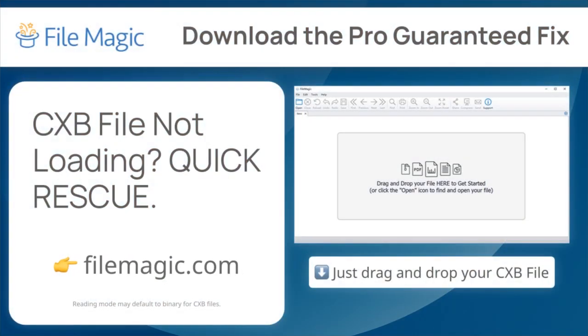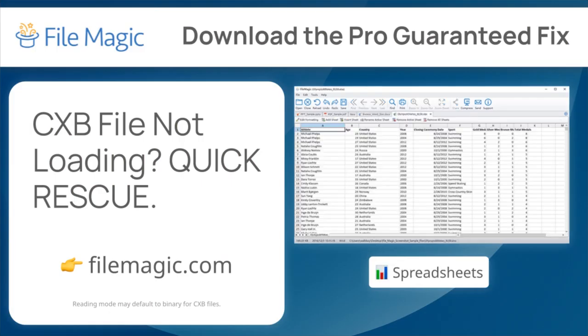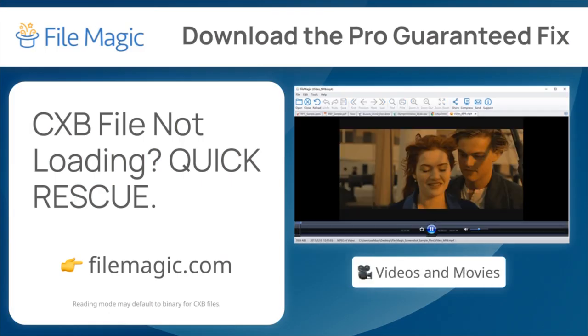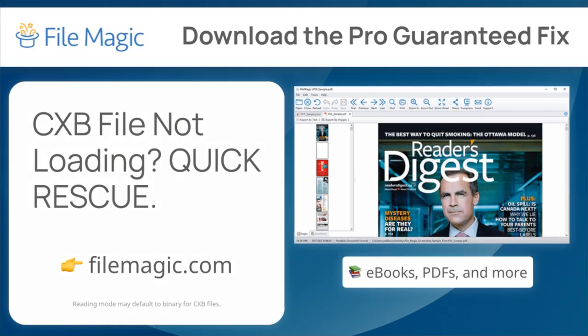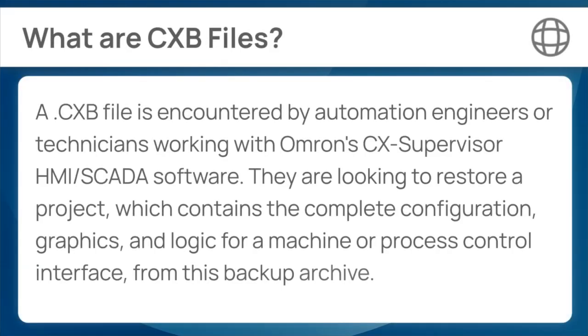Preventative action. I strongly suggest keeping a universal file reader on standby. It often gives you access to the contents, even when the CXB format fails. More on this later. A CXB file is encountered by automation engineers or technicians working with Omron's CX-Supervisor HMI SCADA